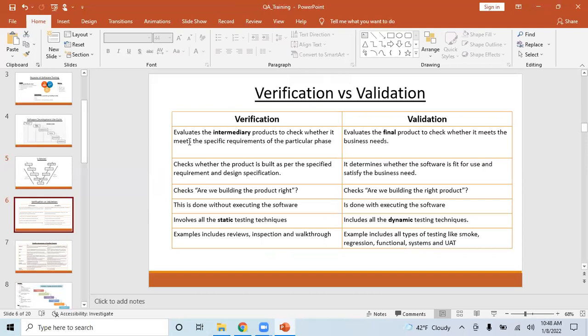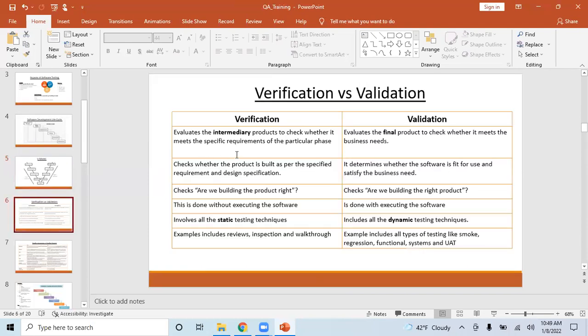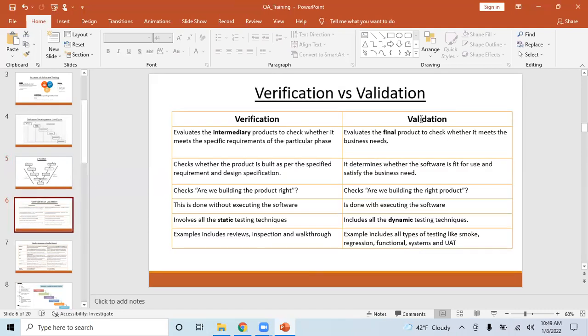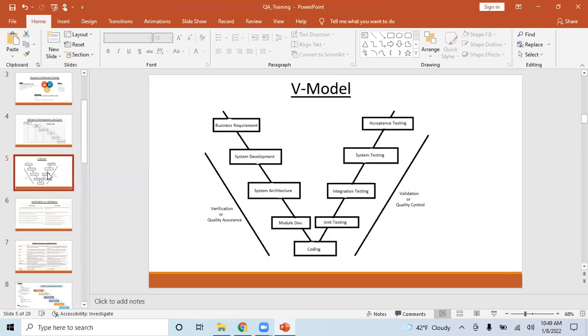Each phase has specific requirements, and each phase will have some intermediary products coming out of it, and that's where verification evaluates these intermediate products. And validation says you evaluate the final product. Again there is a subtle difference, because every phase will also have a final product.